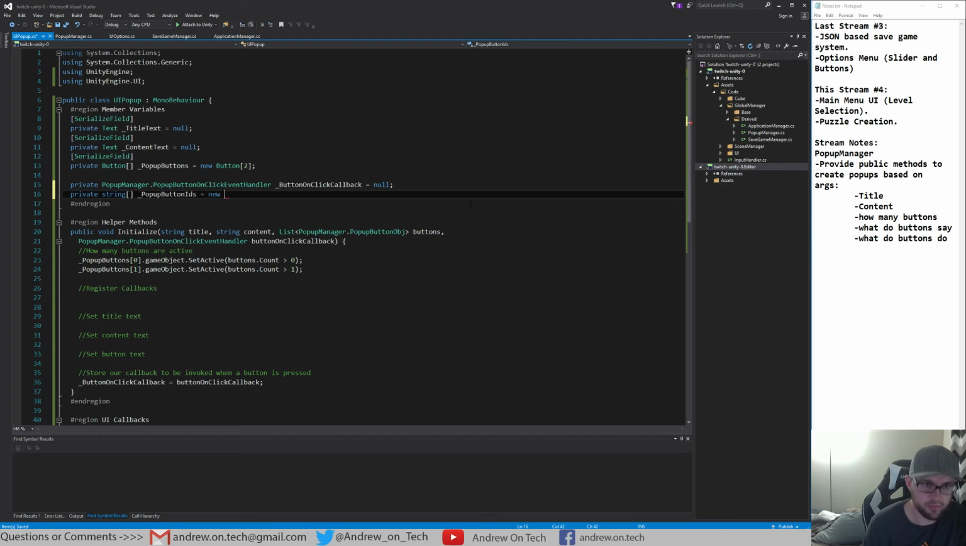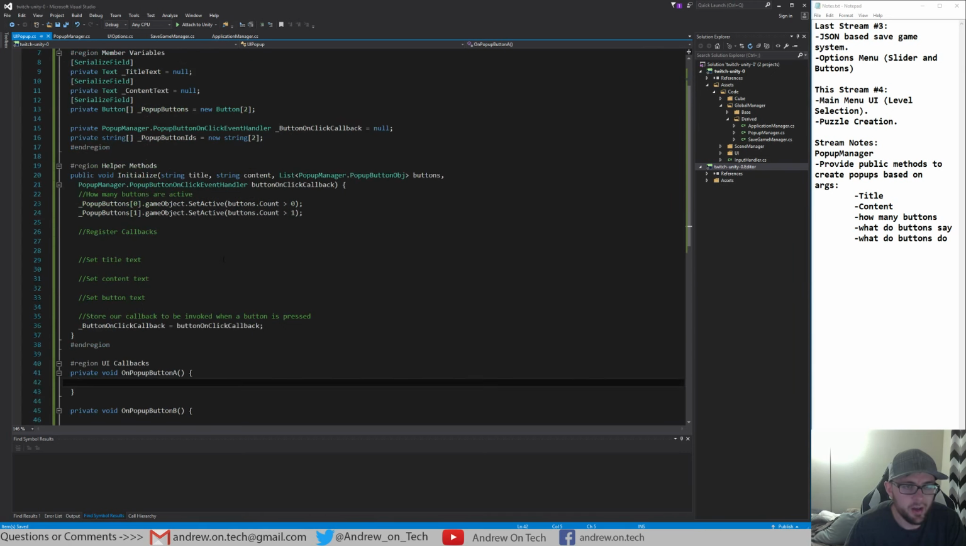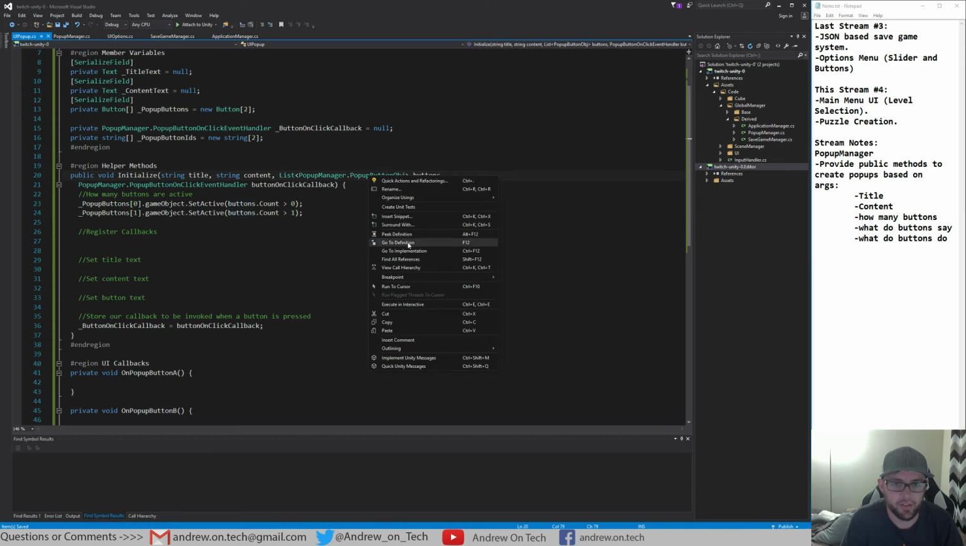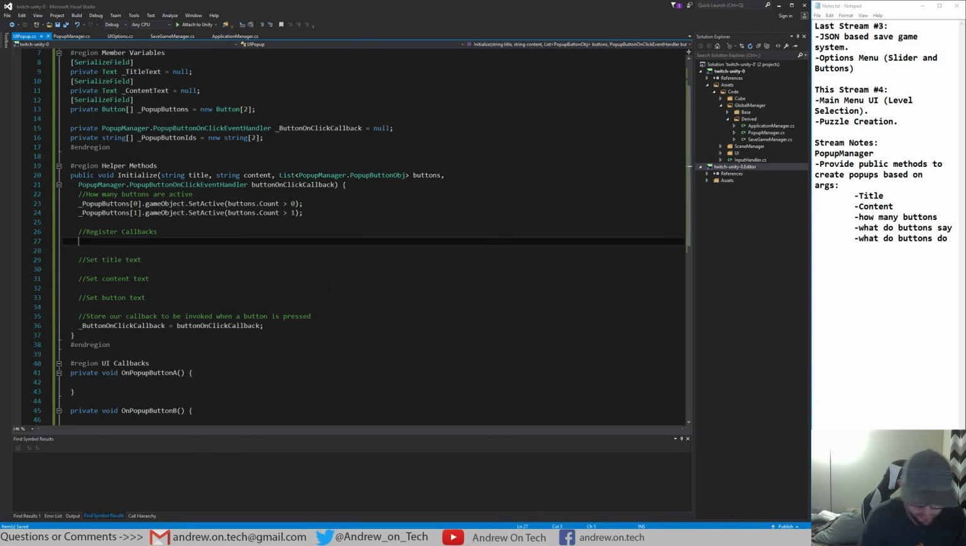And then it's going to equal new string of size 2. Effectively, this array is just going to mimic this array here, and we're just going to go through and set it up so that button A is stored with button 0's ID that is going to be passed in. Remember our button object, when we go to that, it is set up for this string ID. So what we're going to do here is loop through, for int i